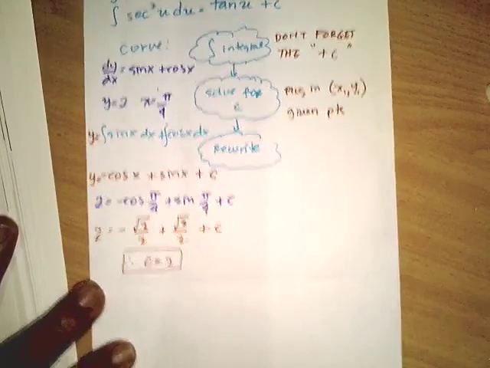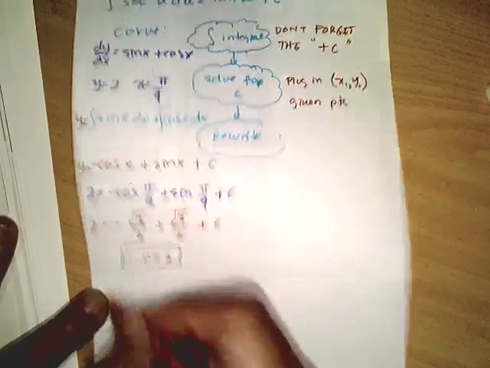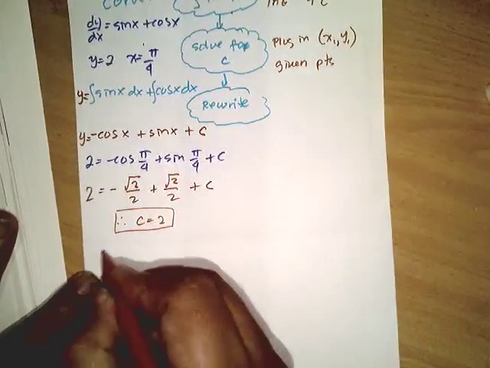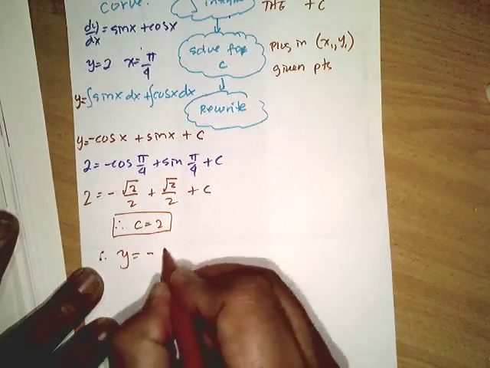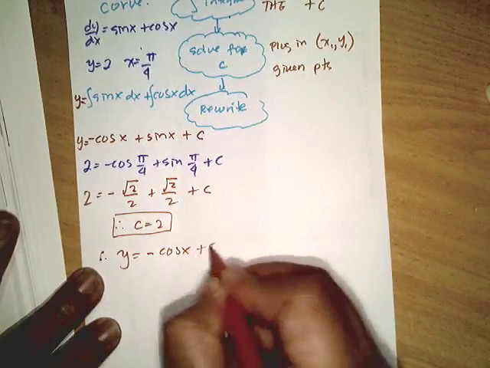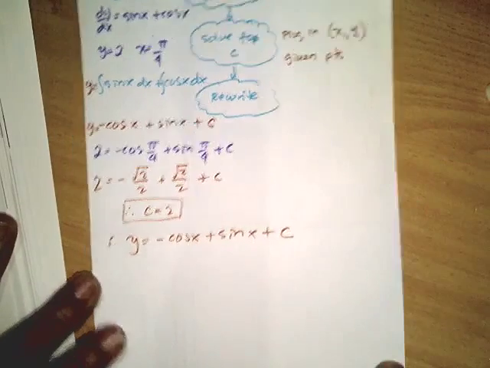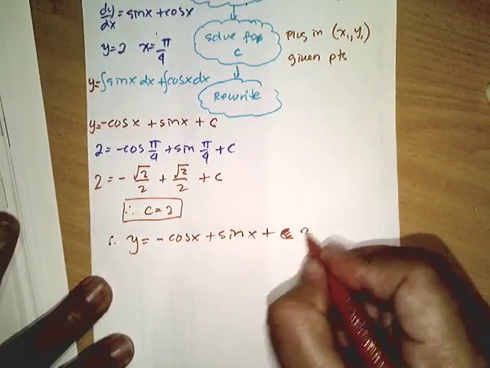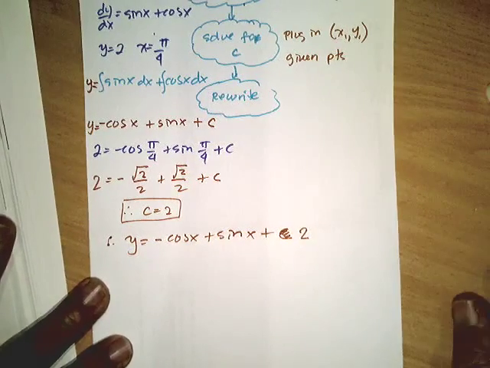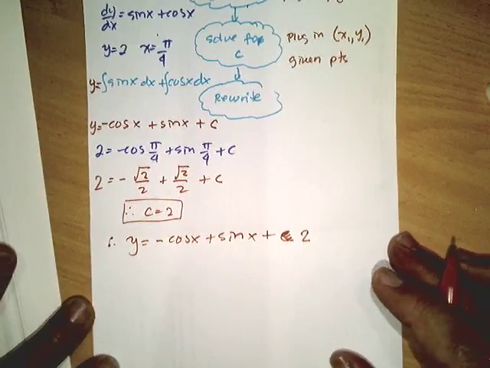Then the third step is to rewrite. So the final answer is y equals negative cosine x plus sine x plus c. I'm sorry, your c is equal to 2, so let's just put there plus 2. I'm going to give you more examples on the next